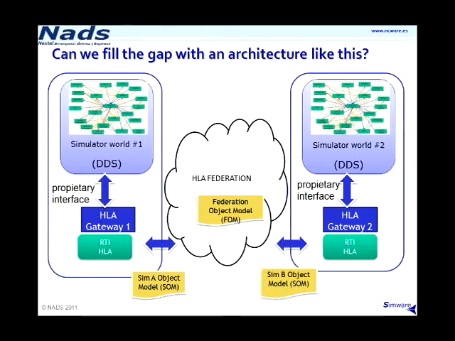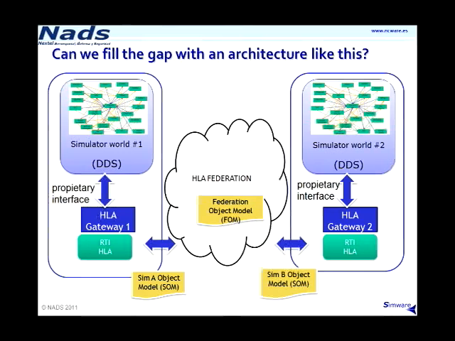All these simulators can work together at the same frequency, all sharing the same data model. From the HLA side, these simulators are federated like any other. From the DDS side, HLA is another node that publishes and subscribes data. Each DDS black box is a simulator by itself, with all the complexity you can imagine. What only matters is sharing the same data with HLA through gateways using NADS technology.